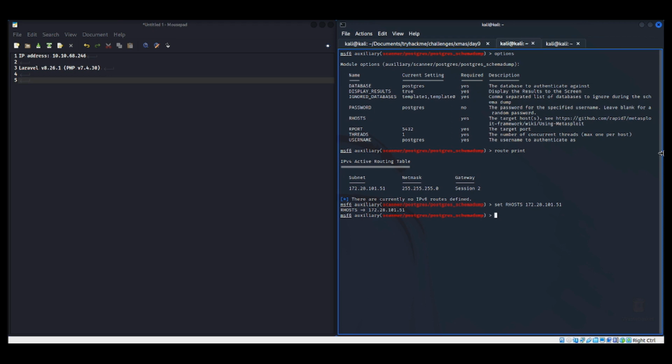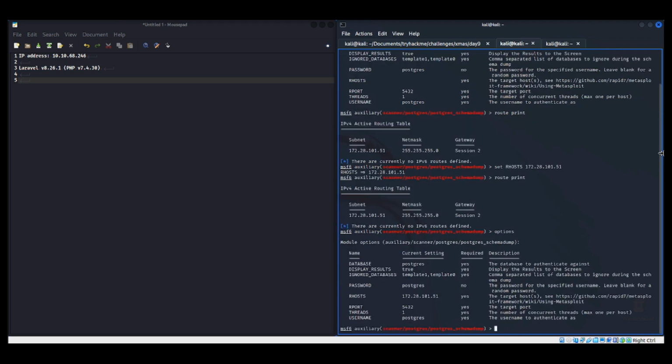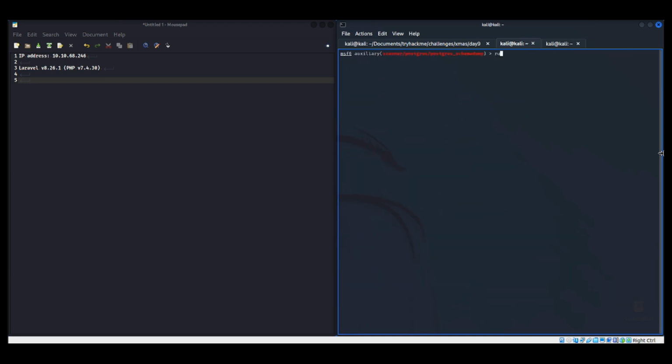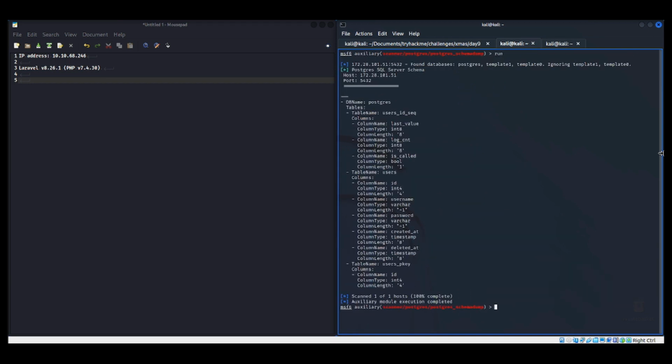Password, display results, Postgres. Now we should just, let's first of all, options. Create easy stuff filled in. Let's run it. Nice. We have the tables, columns,